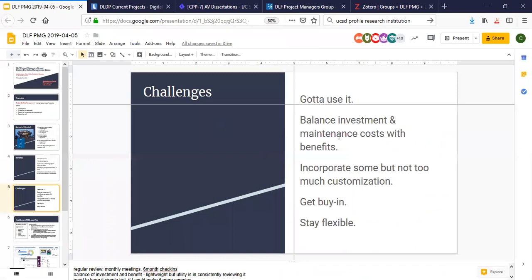I think one thing you really have to think about is balancing whether it's worth this time and investment, and if it actually is worth the time and the energy that it takes to maintain it. So for some people, with us, with a large institution where we had 20 different projects going on at once,